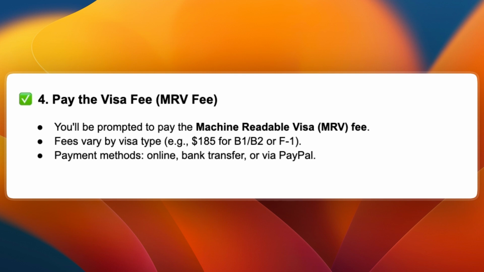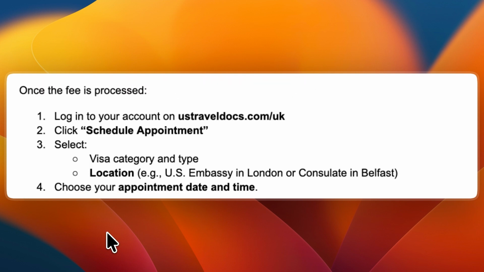You will be prompted to pay the machine-readable visa fee, and fees vary by visa type. For example, $185 for a B1, B2 or F1 visa, and the payment methods include online, bank transfer or via PayPal. Then the fifth step is to schedule your appointment, so once the fee is processed, log into your account